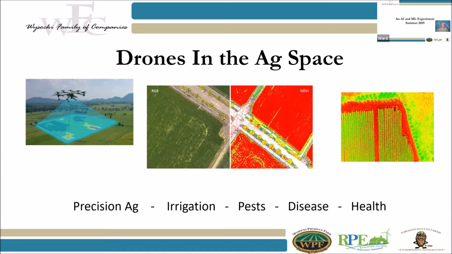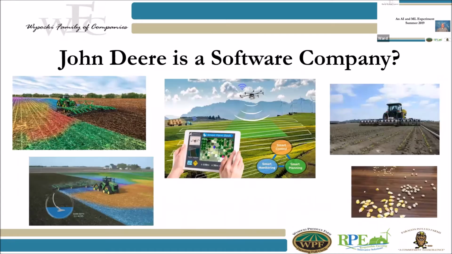But jumping in even deeper, everybody thinks of John Deere as the people that make the big green tractors, and the big green tractors are what everyone's excited about. John Deere's rebranded itself in the last few years. They call themselves a software company. It's really amazing to me that John Deere is a software company. What does that mean to all of us?